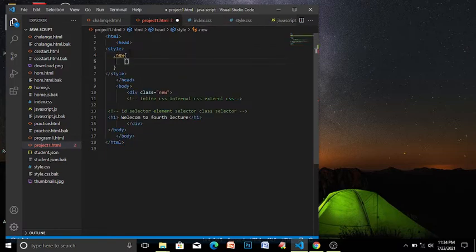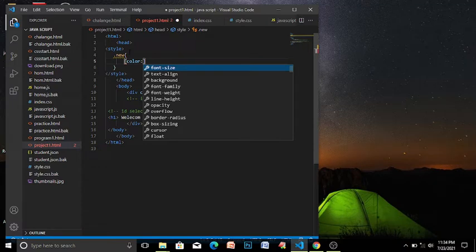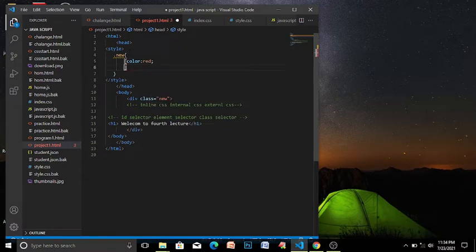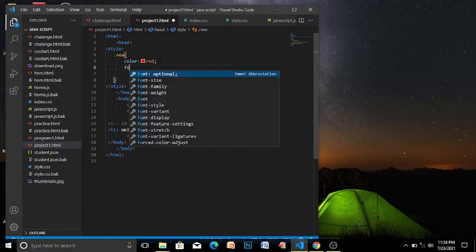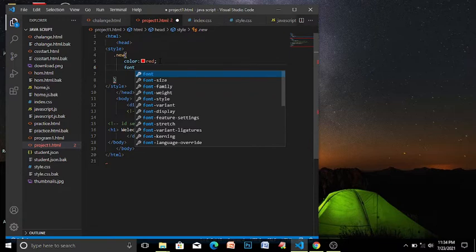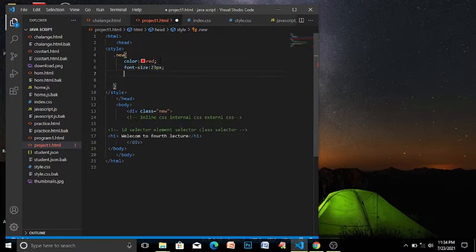Now write your properties. It will be color red. Oops, what is this? And font size 23 pixel, and let's apply the maximum properties.